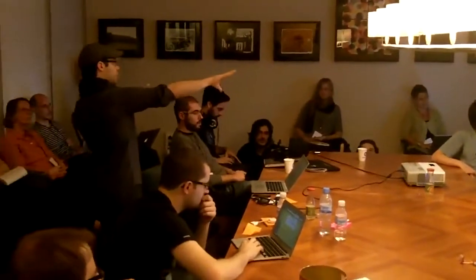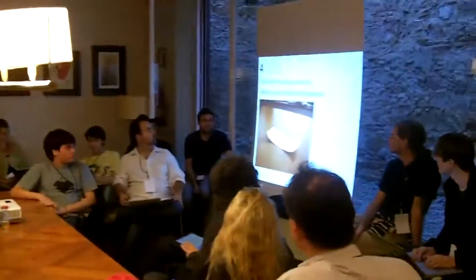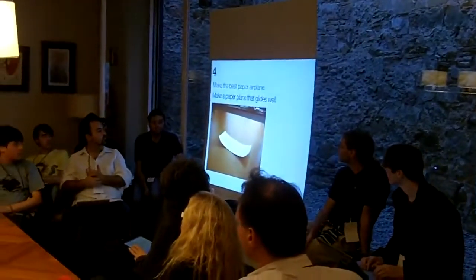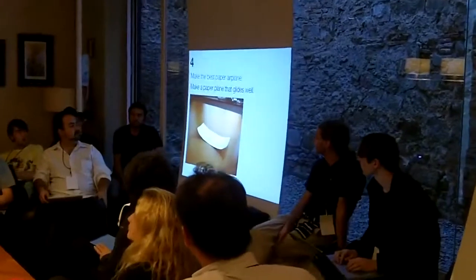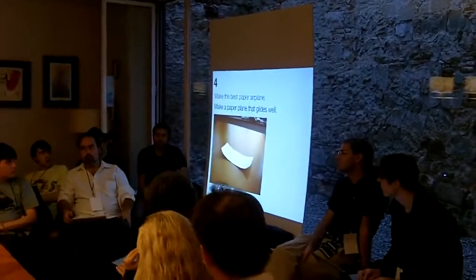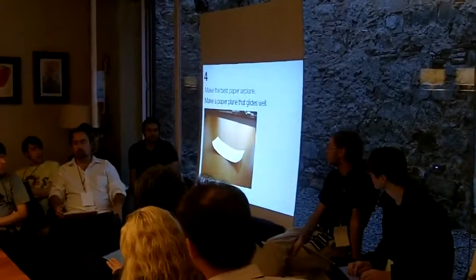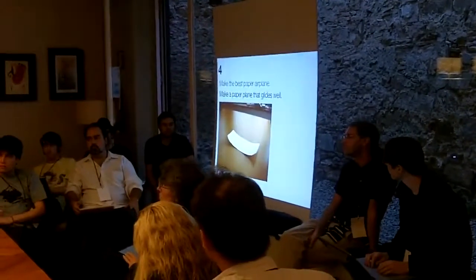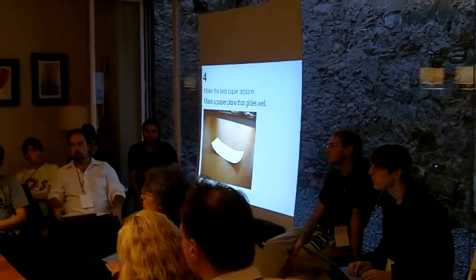And so this was it. This is sort of the standard dart. But I realized it wasn't just going fastest or furthest that I was interested in. I wanted to make a paper airplane that glides well. I wanted it to stay up for a long time. So I changed my design statement to say make a plane that glides well. And I came up with this plane. You launch it here and it goes, and it has a beautiful, beautiful glide.